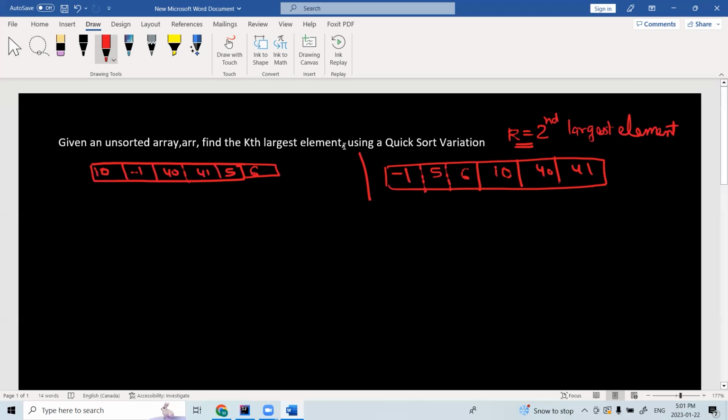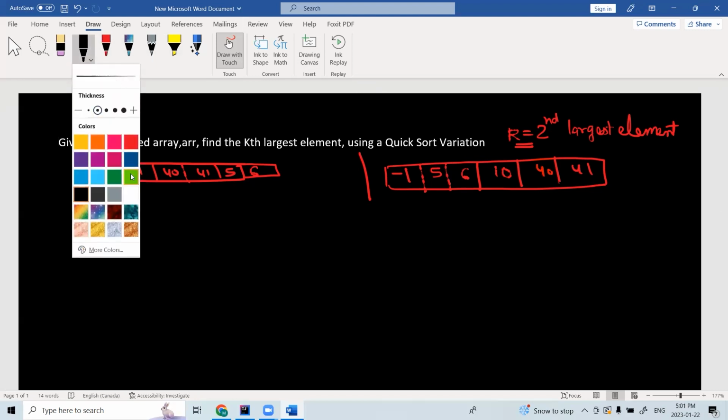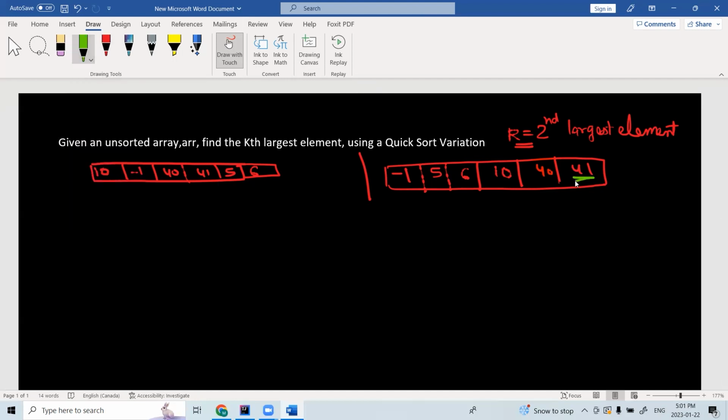The second largest element is, let me quickly use the highlighter, this guy, 40, right? Forty is the largest, and the second largest is